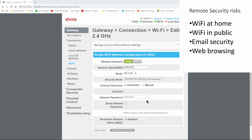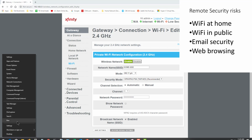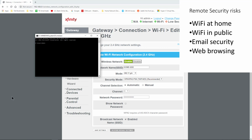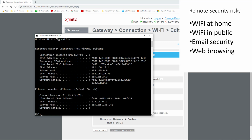We're in an Xfinity or Comcast wireless device, and once you click on the default gateway, if you're not sure what that is, all you have to do is go in to a run command. So you can right-click on your start button on your Windows computer and type CMD. Hit enter, and after that, you'll want to type ipconfig and hit enter. And this is what you're looking for right here is the gateway,